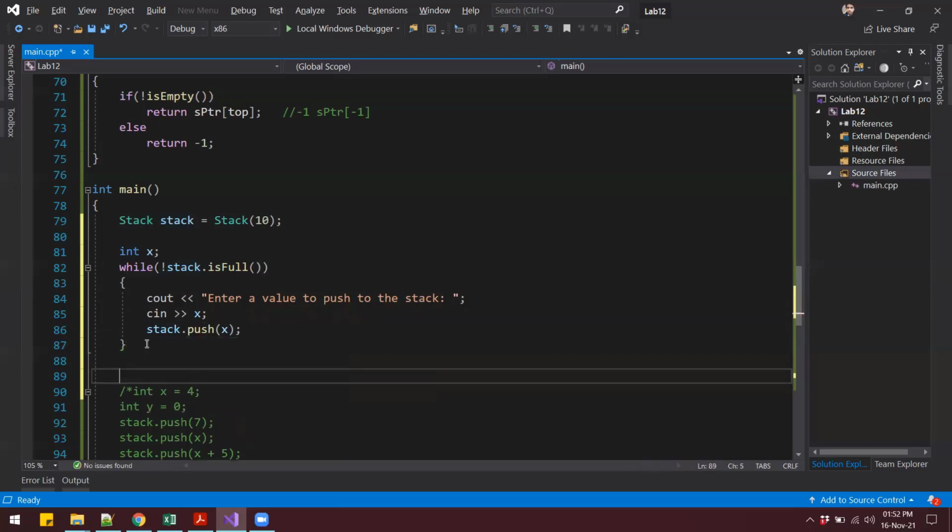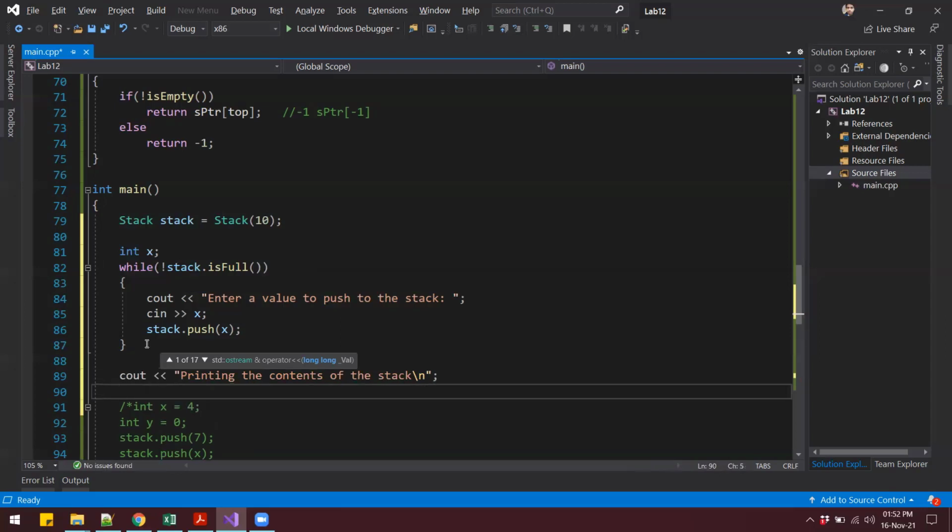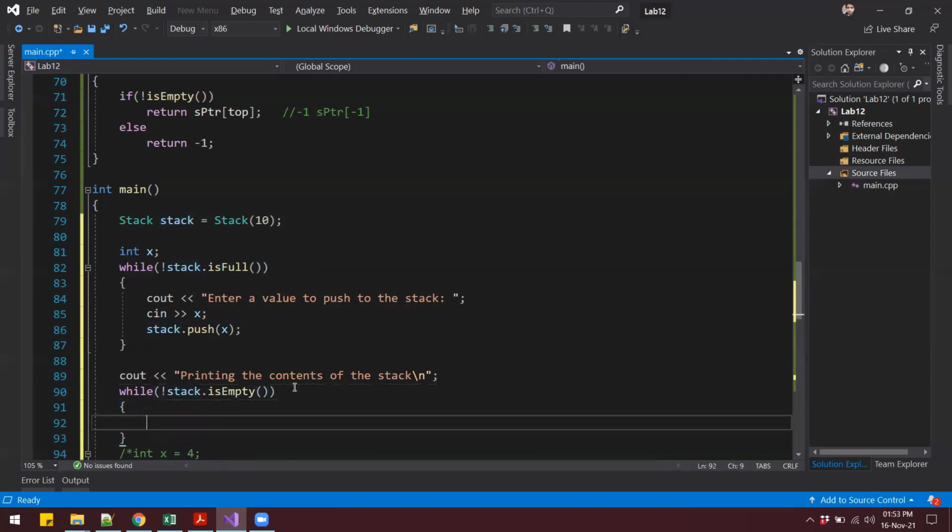And then once this is done, we can print the data. So we can say cout, printing the contents of the stack. All right, and once again using a while loop. In here we can say while the stack is not empty, right? So until the stack becomes empty, we get the data from the stack and we print it.